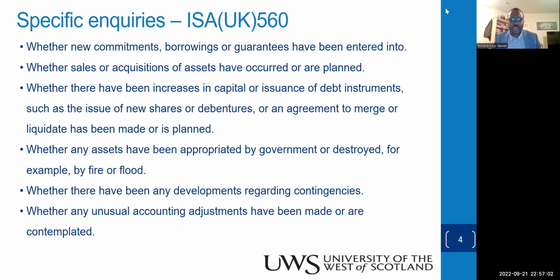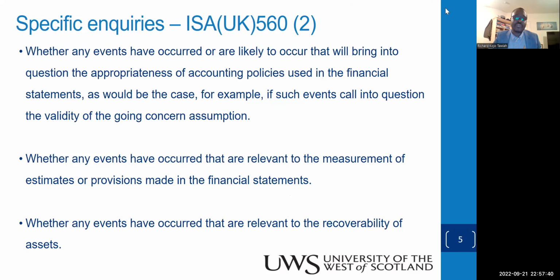Ask whether there's been any development regarding contingent assets or contingent liabilities. What does it entail? Is it a litigation issue? Is it something we're expecting insurance payouts to us? Okay, just look at all of these contingencies and also check whether there's been any unusual accounting adjustment that have been made. And that is why I'm saying you normally check those special journals that are used to pass some transactions, some adjustment at the end of the year, to post some transactions, and immediately at the end of the year, they will reverse it.